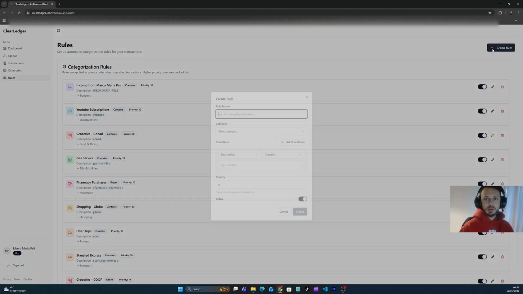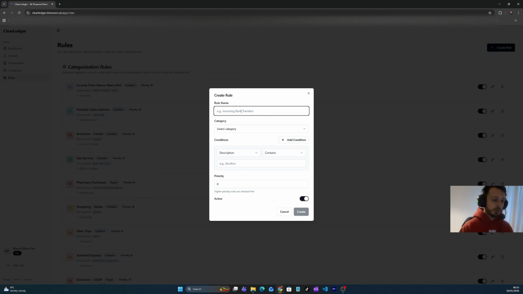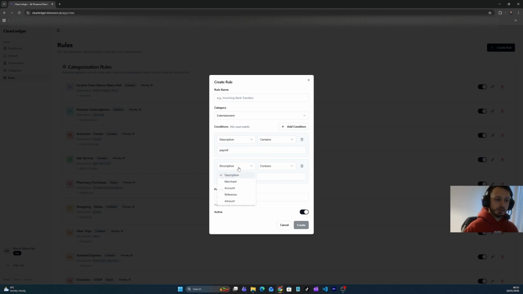The second thing is that eventually you can create a rule yourself. So you can select a category and we have the possibility to create rules based on different fields, also using a formula like if description contains salary or payroll, then you can add a condition and the amount is greater than 0, then this becomes an income. Okay, or maybe you can have a category called salary, and so on. So you have free possibility to create those